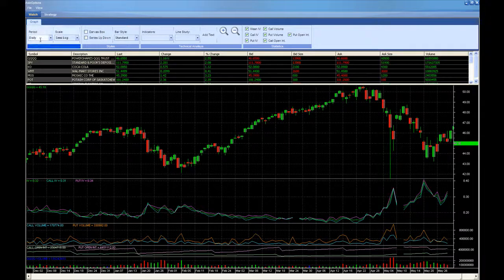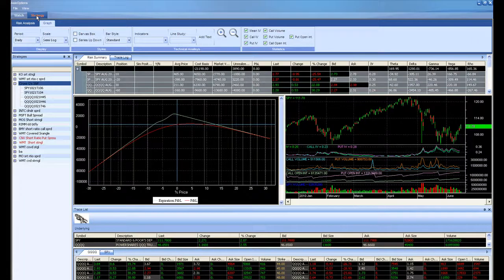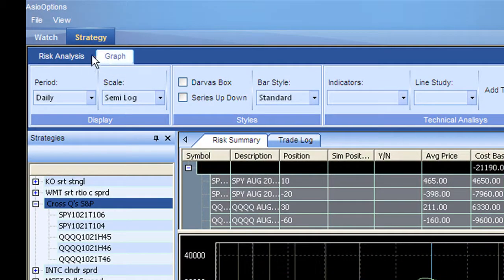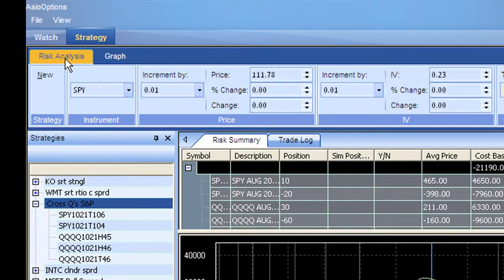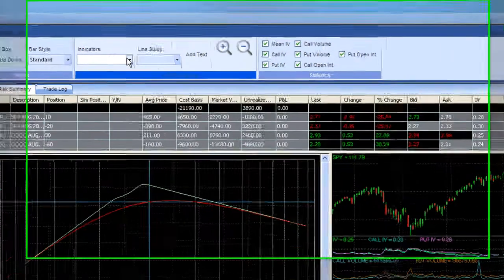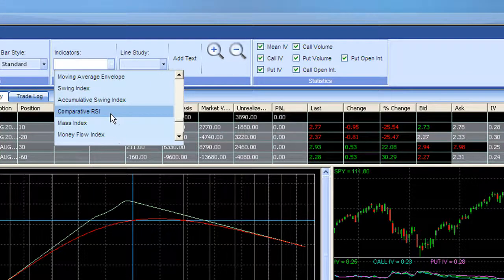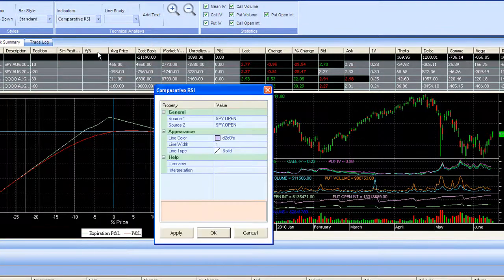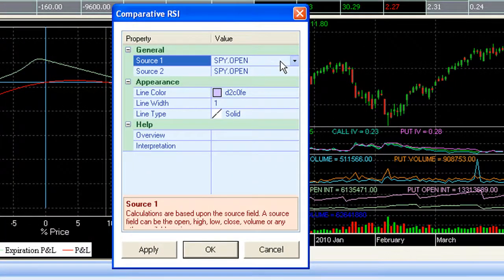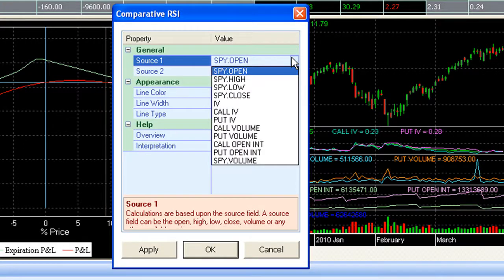Today, we will talk about how to create, analyze, and modify a new strategy using Asio Options Analysis software. First, in order to create a new strategy, we need to click on the Risk Analysis tab, left from the Graph tab. The Graph tab deals with the underlying technical analysis aspects. Here we have over 60 technical indicators and line studies, changing complex parameters,